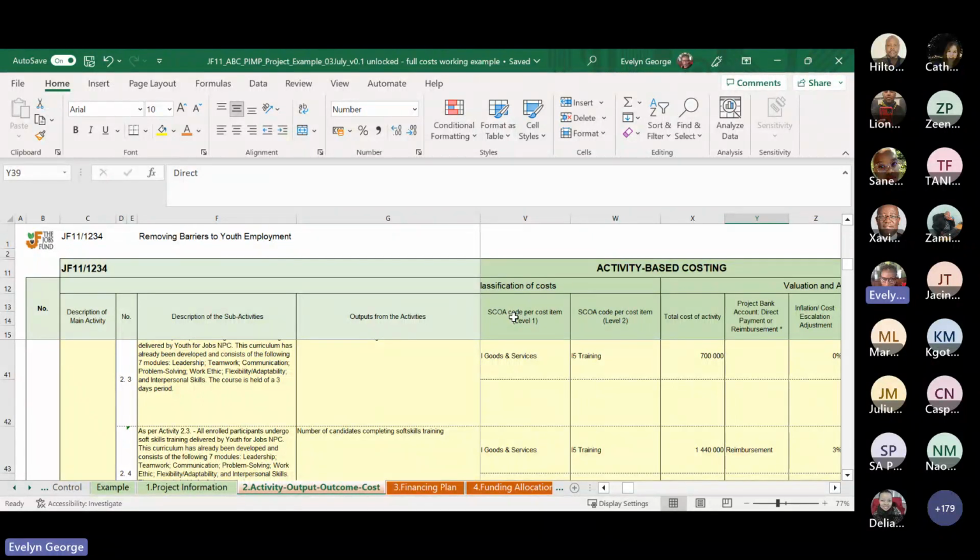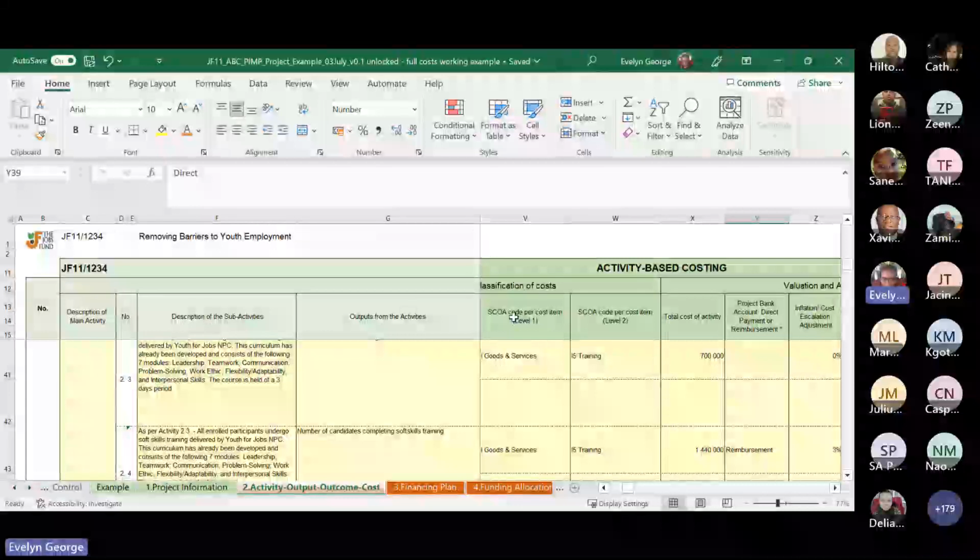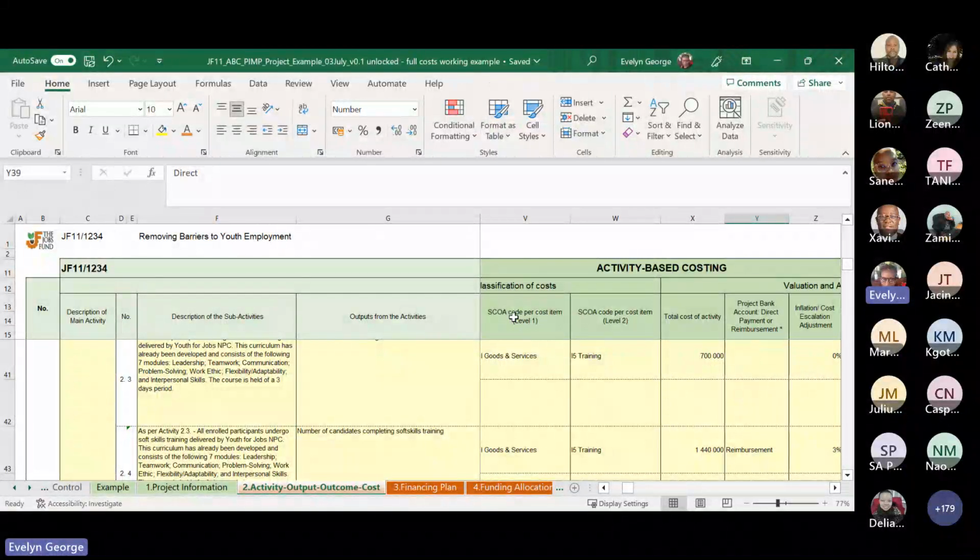So in that case, we say you can continue to run your payroll from your existing corporate account. However, for the staff that's working on this project, if it costs you 20,000 a month, you can go and fetch the 20,000 from the project bank account